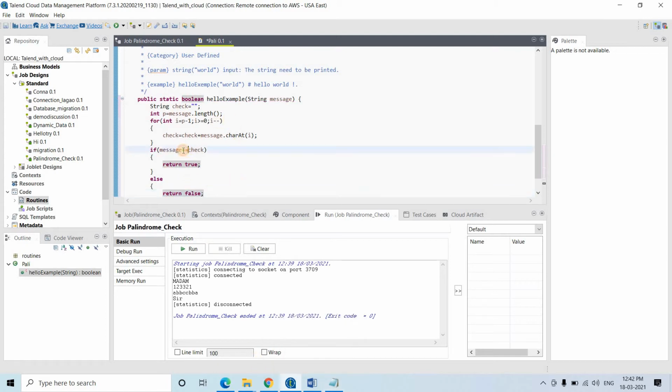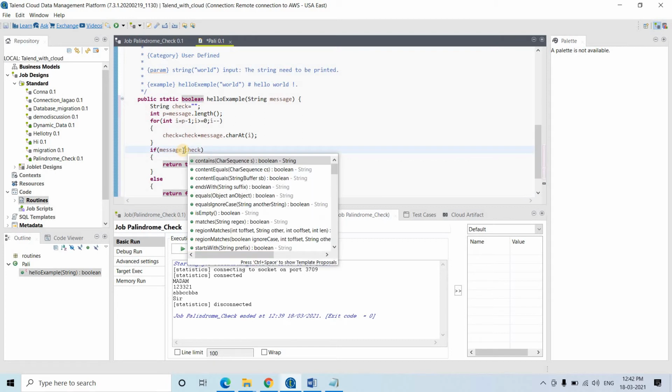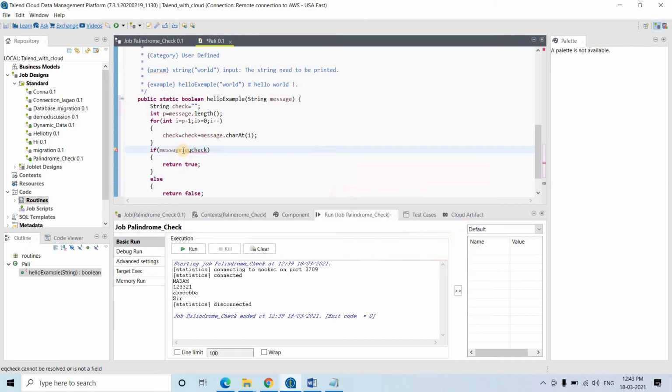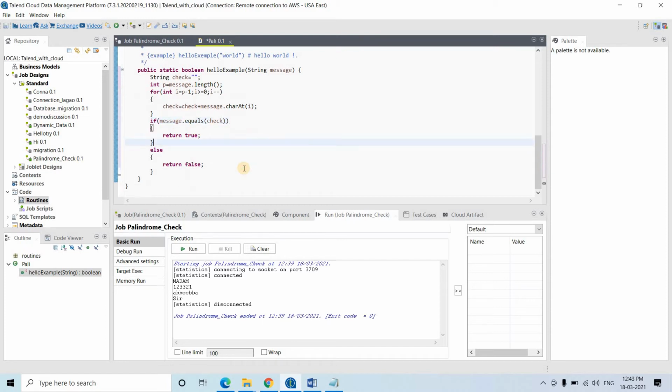Actually in Java we have to use dot equals, check.equals, to match or compare the content of these objects. Sounds good. Save this.